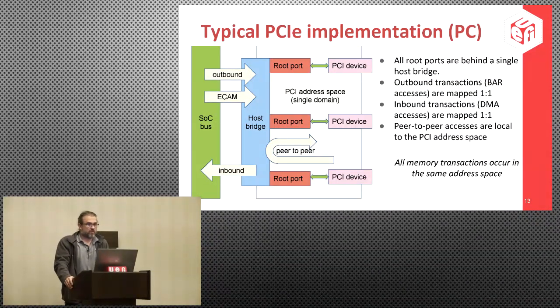So this is typical for PC, and it's what we prefer to see on all systems because it's just the most trouble-free way of putting things together. There's the PCI address space and the host address space, but they're just identity mapped. So all the arrows going left and right use the same address space, and peer-to-peer accesses between devices are all in the same address space, with no translation or anything. However,